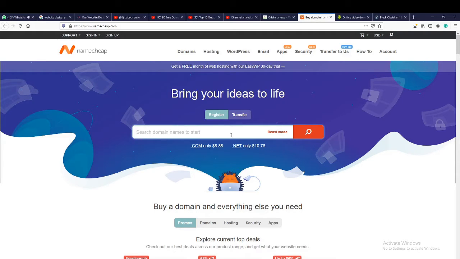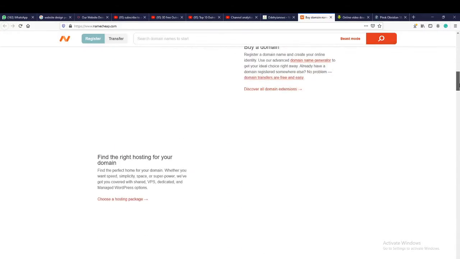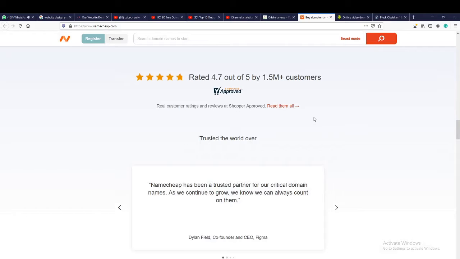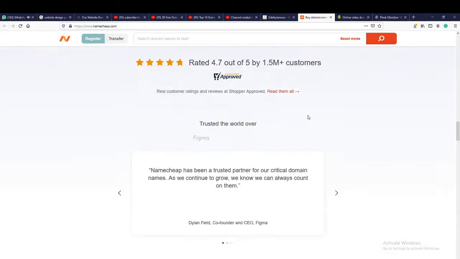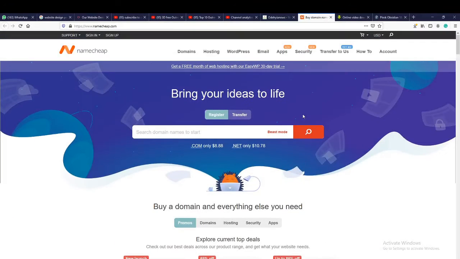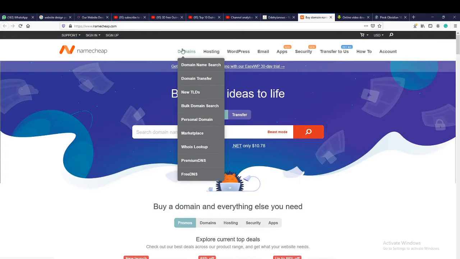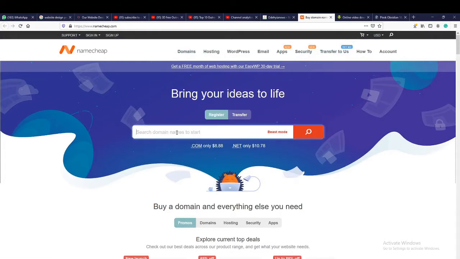for you to be able to register a domain, you need to register with a domain registrar. Alright, so for instance, namecheap.com is a domain registrar. Alright, and so you can check here and see some of the services they render. Namecheap also provides web hosting services, and so this is their menu, domain,